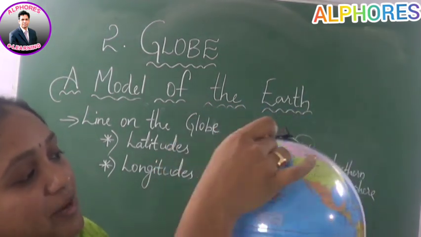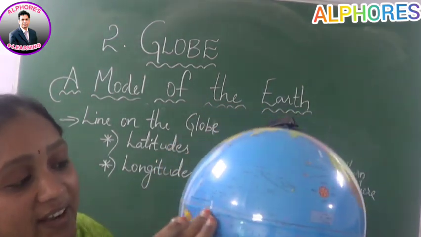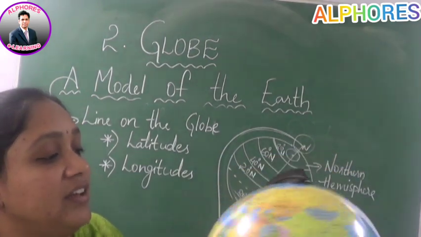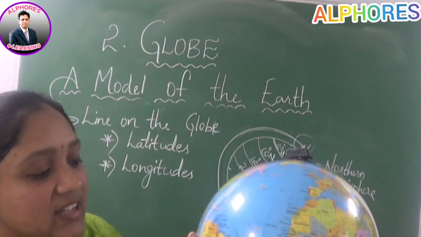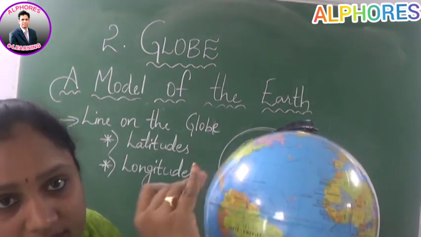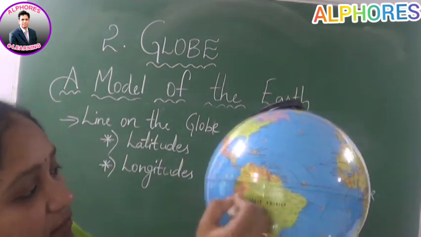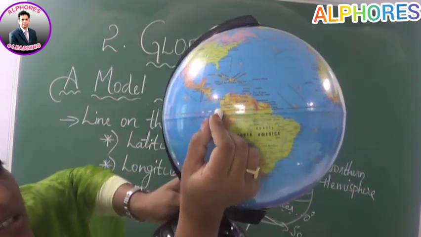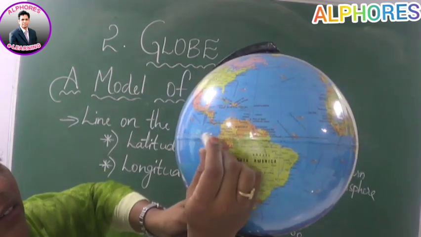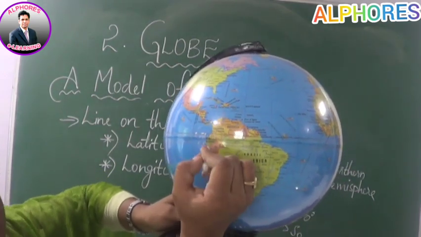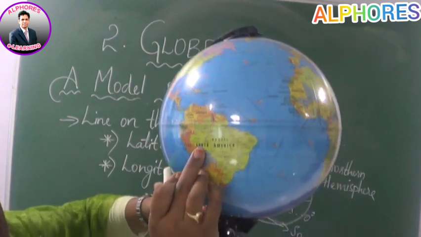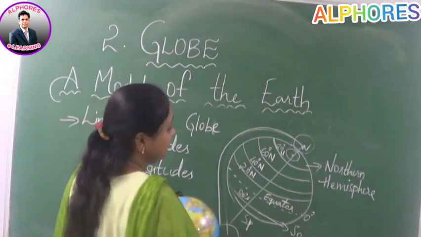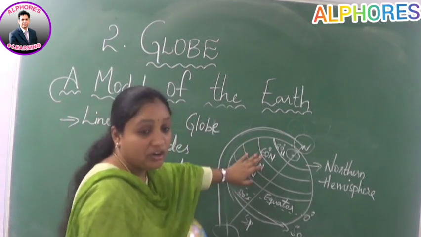So with the help of these dot marks, we can identify the places easily. And the place which is near the equator, which symbolizes the middle area, has got the name Equator, which is very close to the equator line. Just you can see on the equator line this place, Ecuador, which is in South America. Okay, so these are the lines we call latitudinal lines.